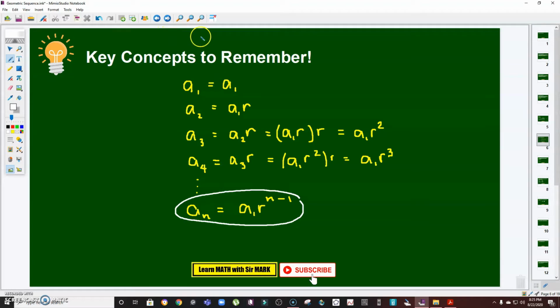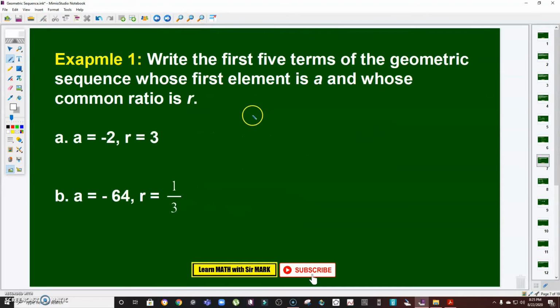Okay, so clear? So let's have example number 1. Write the first 5 terms of the geometric sequence whose first element is a and whose common ratio is r. Again, we're looking for the first 5 terms. Of course, if the first element is negative 2,